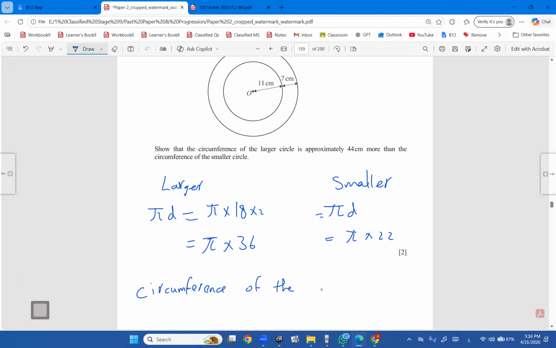The table shows information about the ages of 100 runners. So I know that all of this is 100. Calculate an estimate of the mean age of these runners. So to know the mean of grouped data, we must find first the what? The midpoint. So I need first the midpoint of that class interval. So the midpoint of this is what? Here is 25, here is 35, then 45, then 55. Then I must find what? You must find the frequency